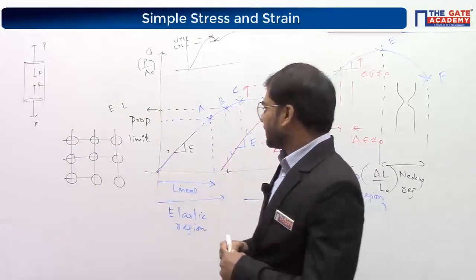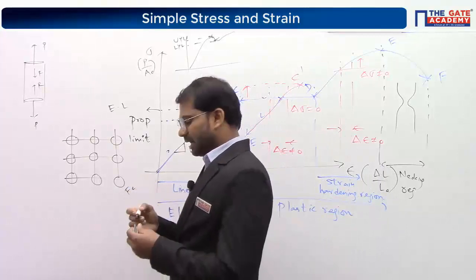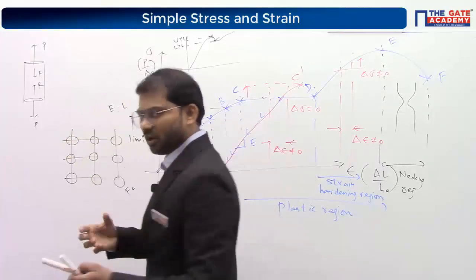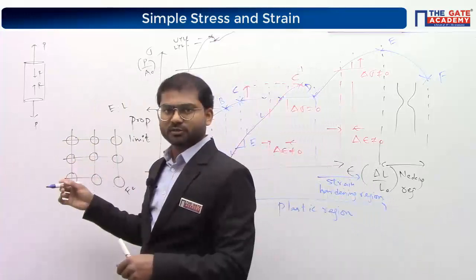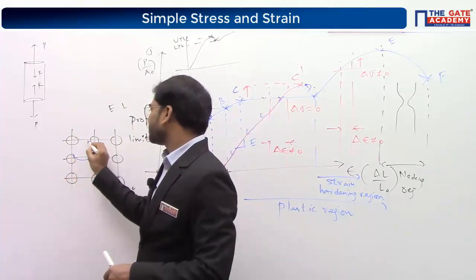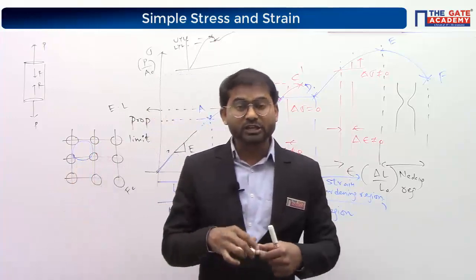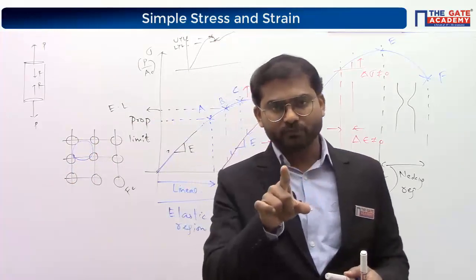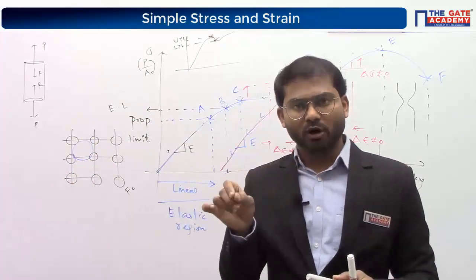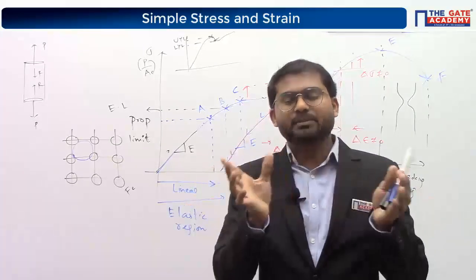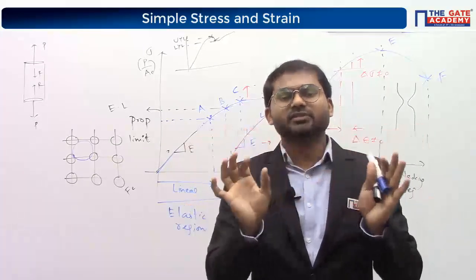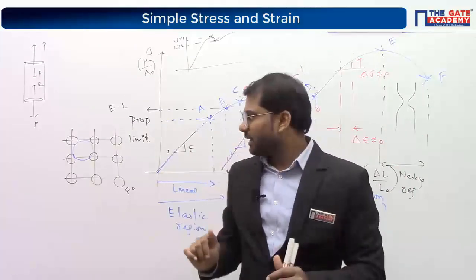These black ones are iron atoms here. Carbon is of lesser amount, so carbon will take interstitial positions. Kindly remember that we are talking about atoms, not ions. Iron and carbon are not making any bond. They are just present as a mixture. Mixture means we can separate them, or they are not reacting with each other. So iron and carbon are there.